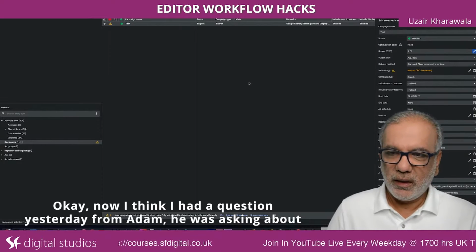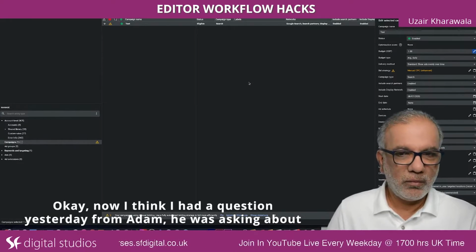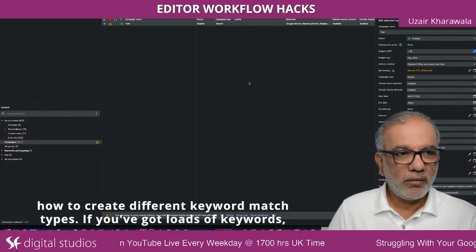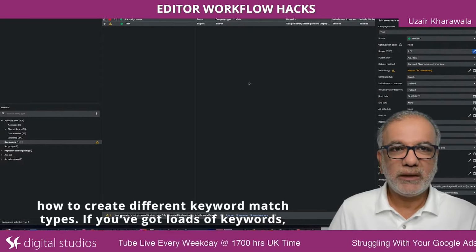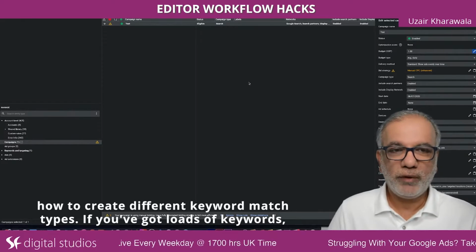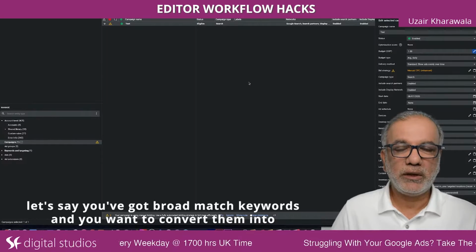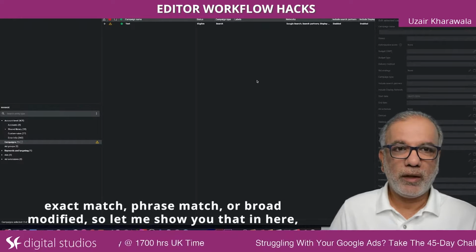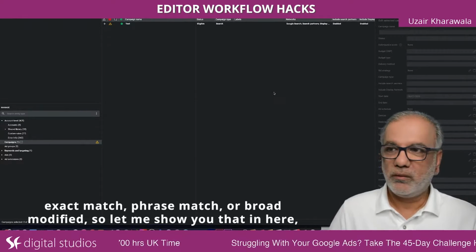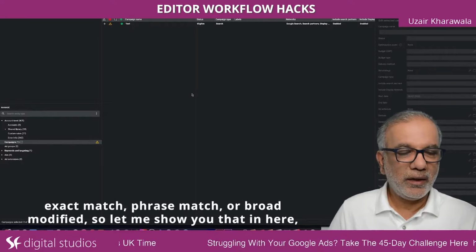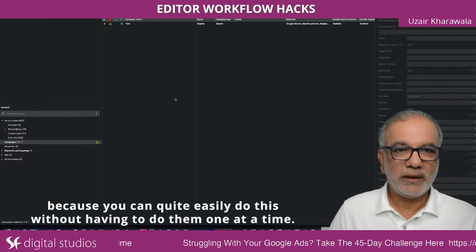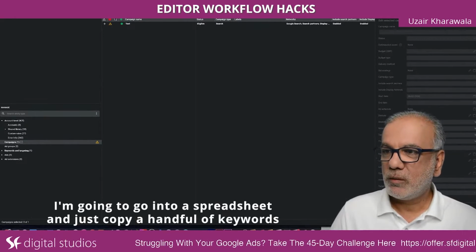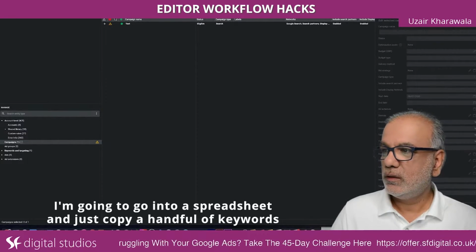Okay, now I think I had a question yesterday from Adam. He was asking about how to create different keyword match types. If you got loads of keywords, let's say you got broad match keywords and you want to convert them into exact match, phrase match, or broad modified. So let me show you that in here, because you can quite easily do this without having to do them one at a time. So I'm going to go into a spreadsheet